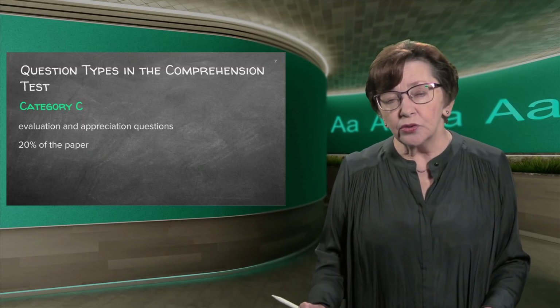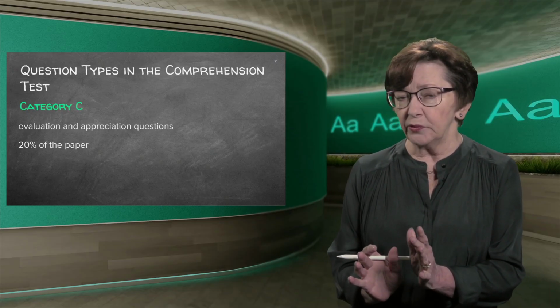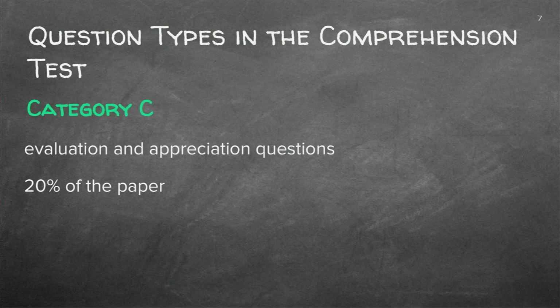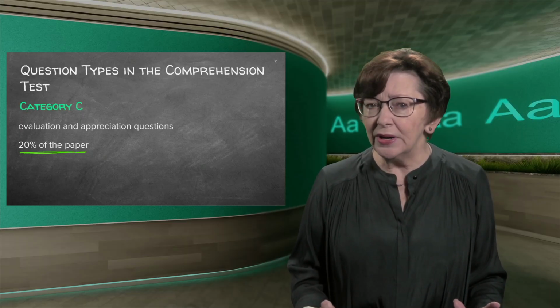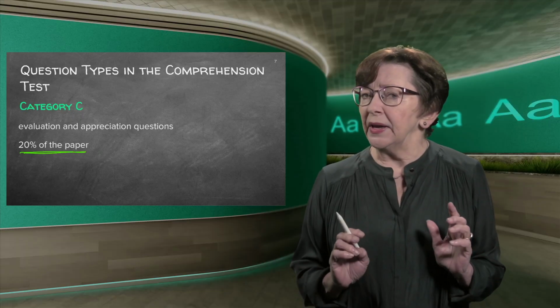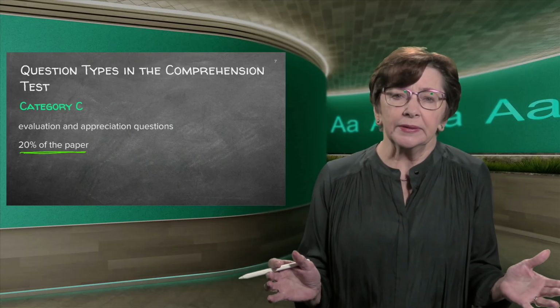Then we get the final category, which is category C, and there are also two parts to that, the type of question that you can get there. It's called the category C because out of category C, there must be 20% of questions. And the whole idea is that you can actually, up to this point, by merely looking at information and inferring from information, you can get 80% for this question paper. If you really think well, and you look at your question words and your instruction words and your key elements and you answer fully, you can get 80%.